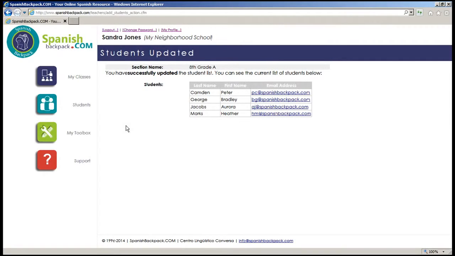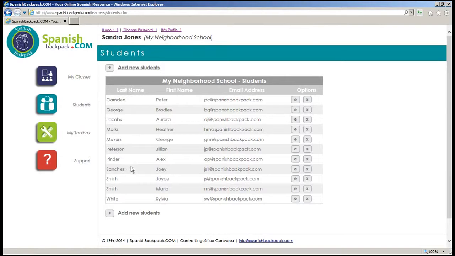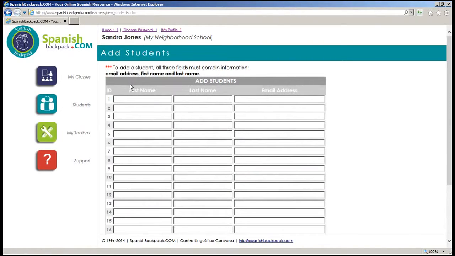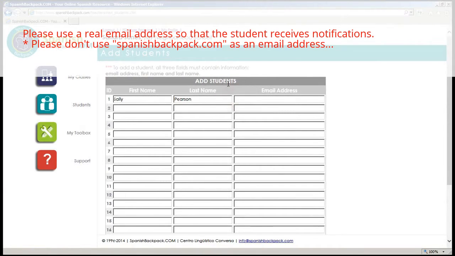Now let's say, for example, that there was a student in the class that I did not see on that list because the student did not yet have a record in Spanish Backpack. I can quickly create one for the student by going to Students, and here's a full list of all the students that I've gotten. Since the student that I want to add is not there, I'll click on Add New Students. And this student's name is Sally Pearson, and her email address is going to be